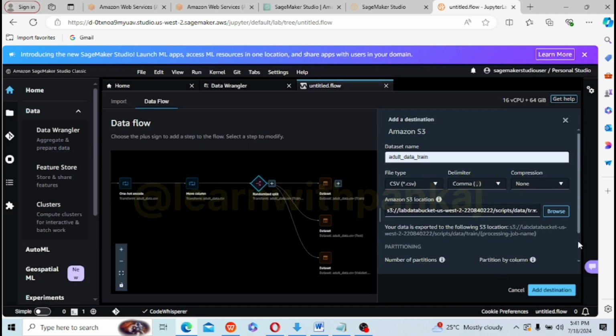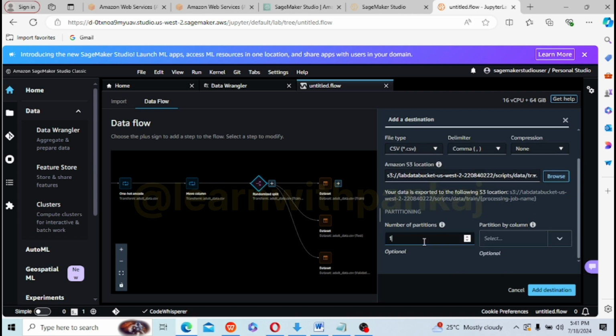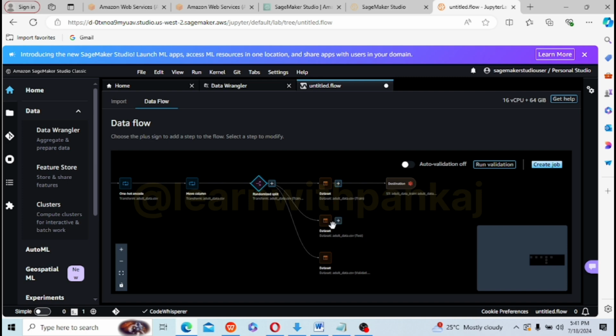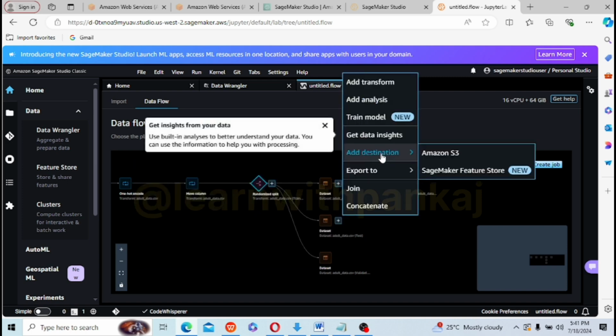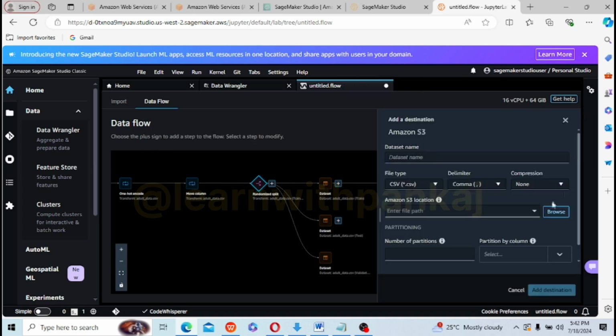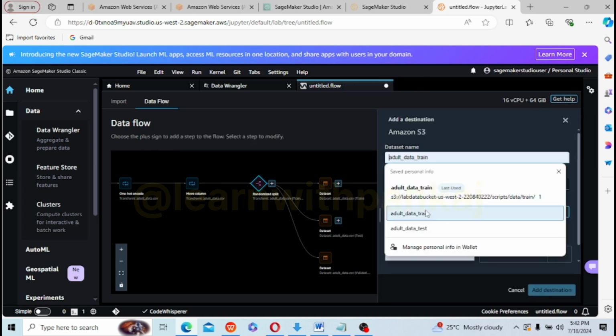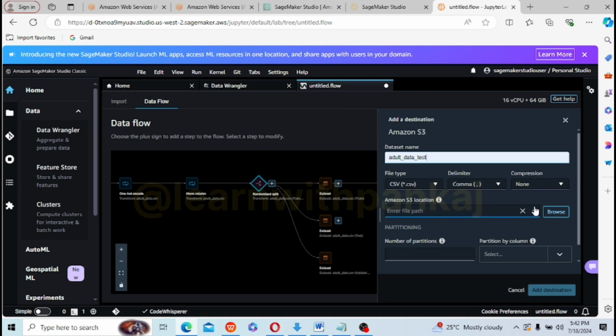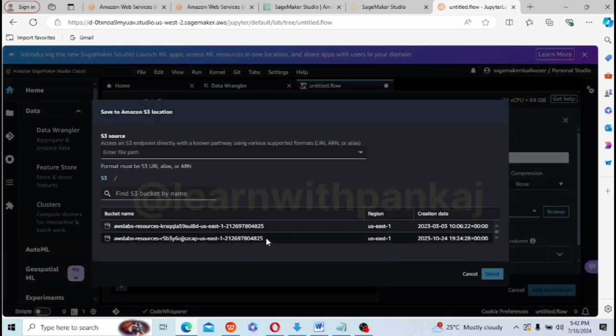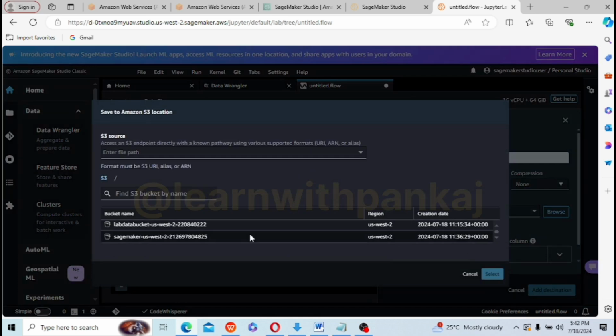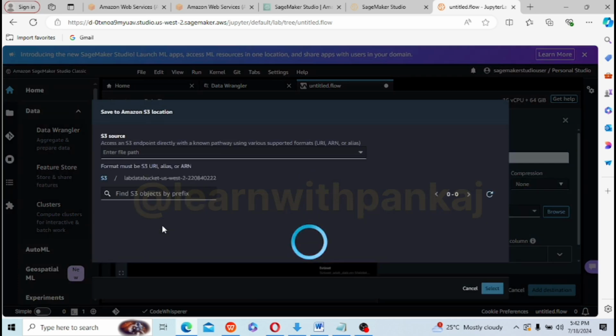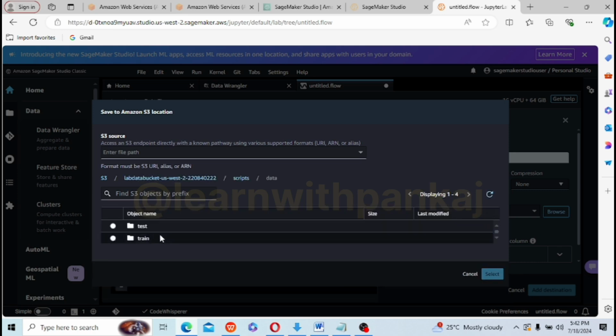Okay. Number of partitions, how many partitions do we want? Only one partition, no need of anything else. Add as a destination. Okay, so we added the destination. Same thing we have to do for test, and same thing we have to do for validation. Add destination, go to Amazon S3, test, destination will be, go to this, scripts, data, test, and select.